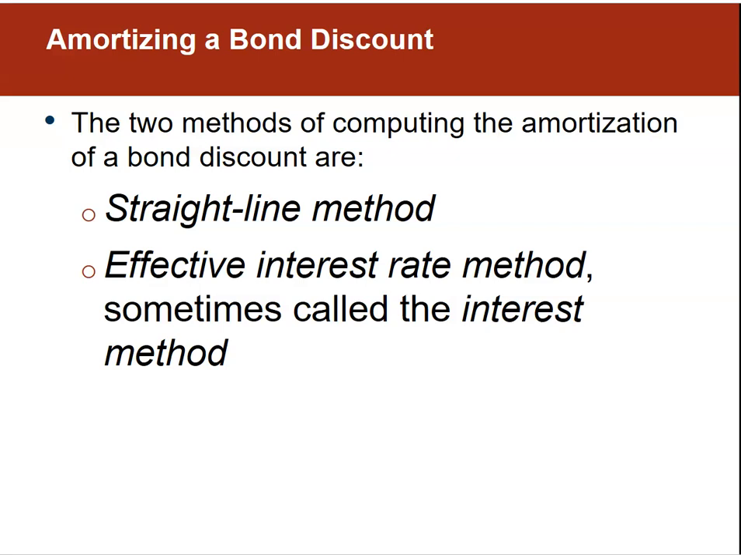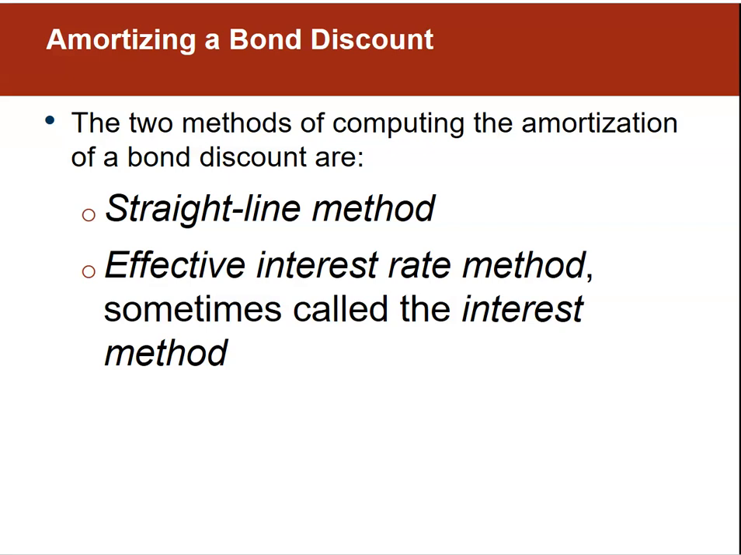All right, so in the previous video, we got into the idea and accepted the fact that bonds are rarely issued at par. And so whether we issue bonds at a discount or at a premium, we can't just leave that discount or that premium on the balance sheet forever, right? So we have to amortize or reduce the bond discount